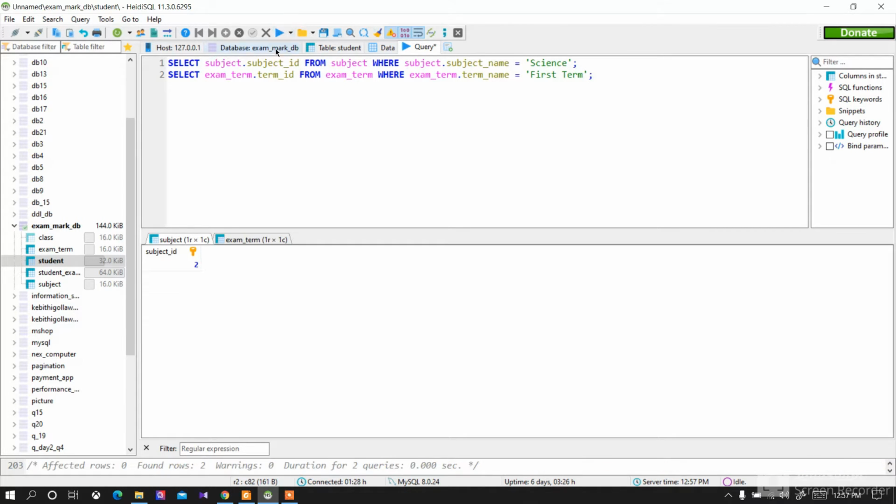When I execute that query, I got the term ID for the first term is 1, and the science subject